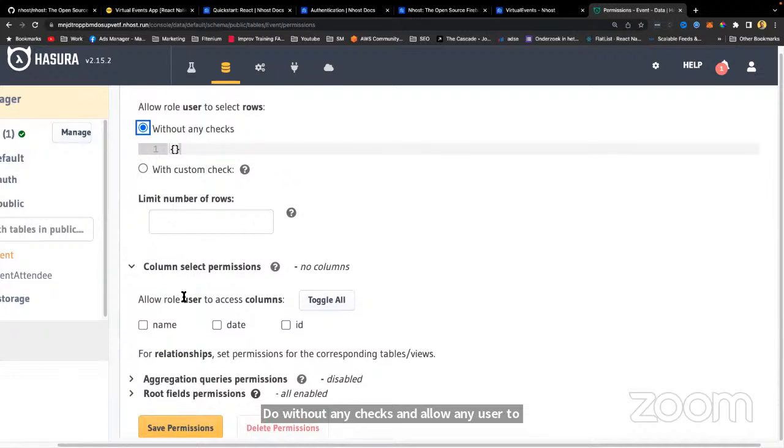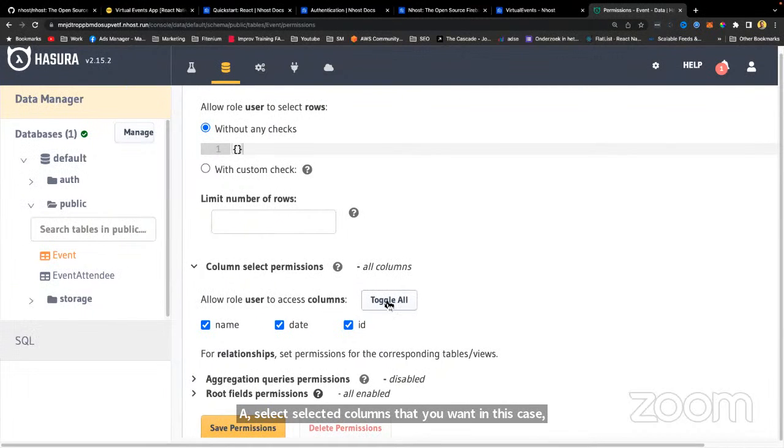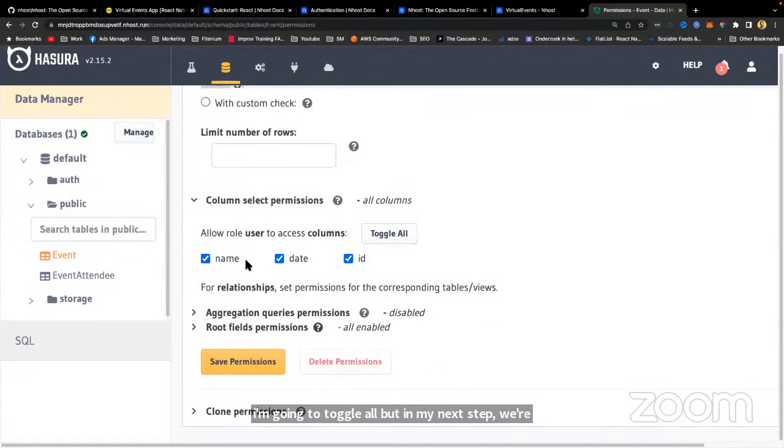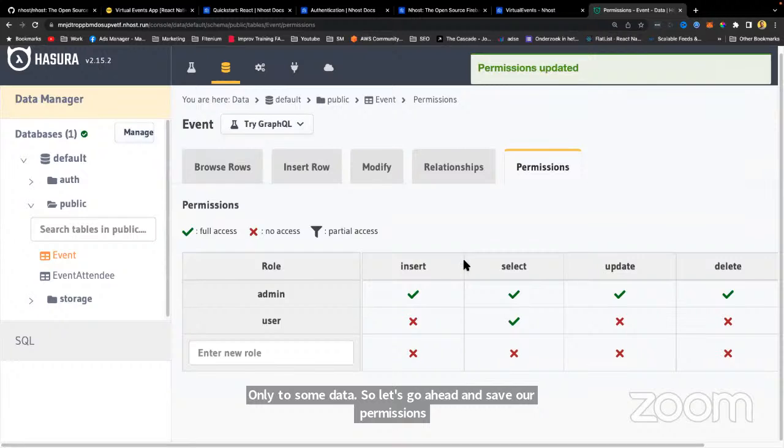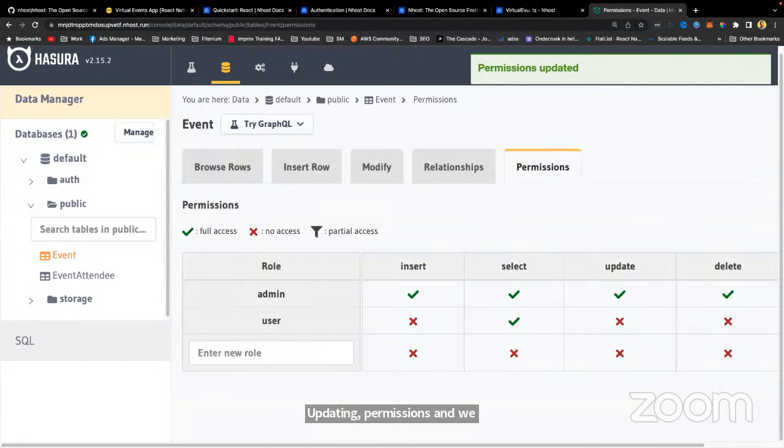And scroll down a bit until you see the columns, because we can provide very atomic permissions based on even columns. So you don't have to give access to all the columns. You can give access to only selected columns that you want. In this case, I'm going to toggle all, but in the next step, we're going to see how helpful it is to give access only to some data. So let's go ahead and save the permissions, updating permissions,